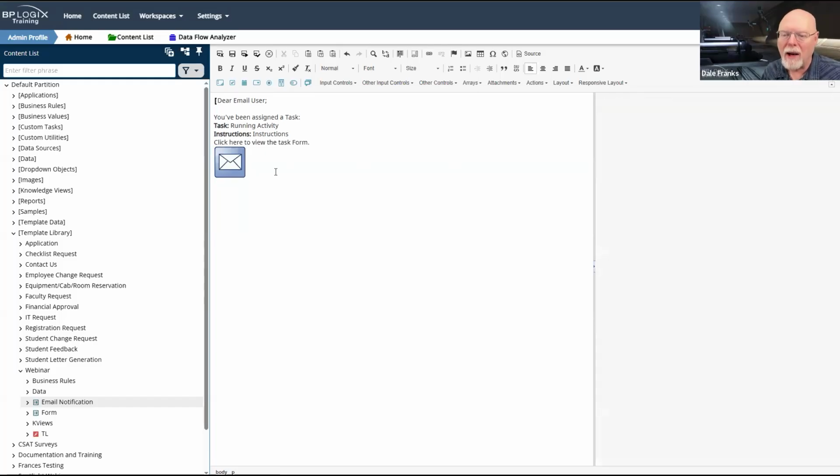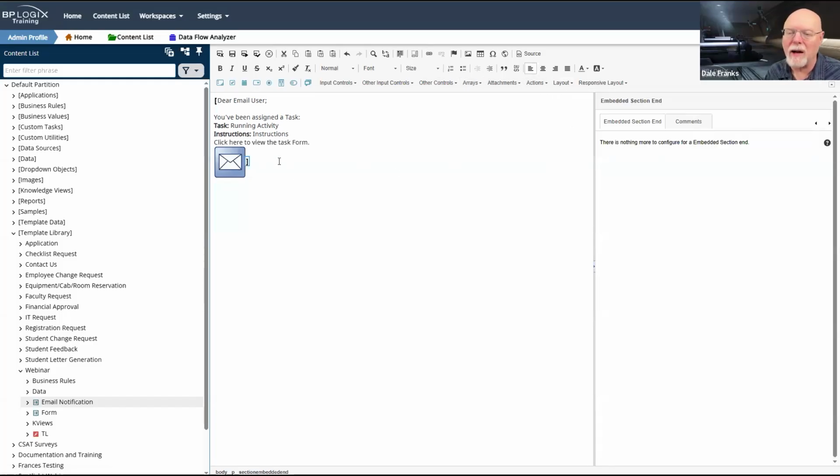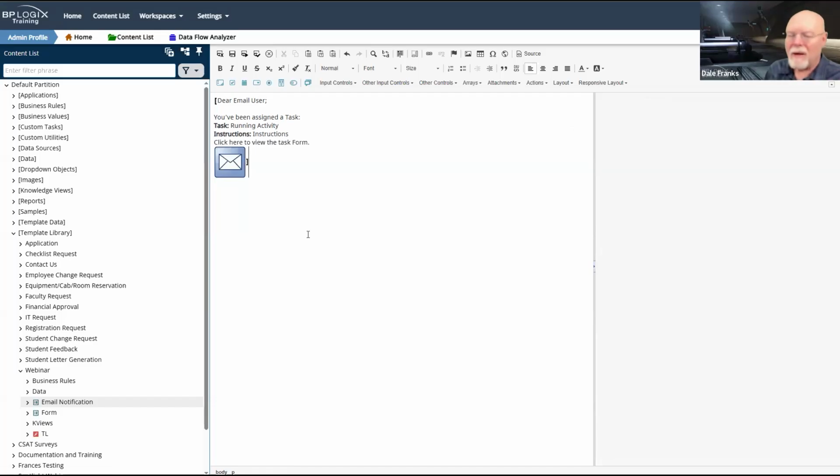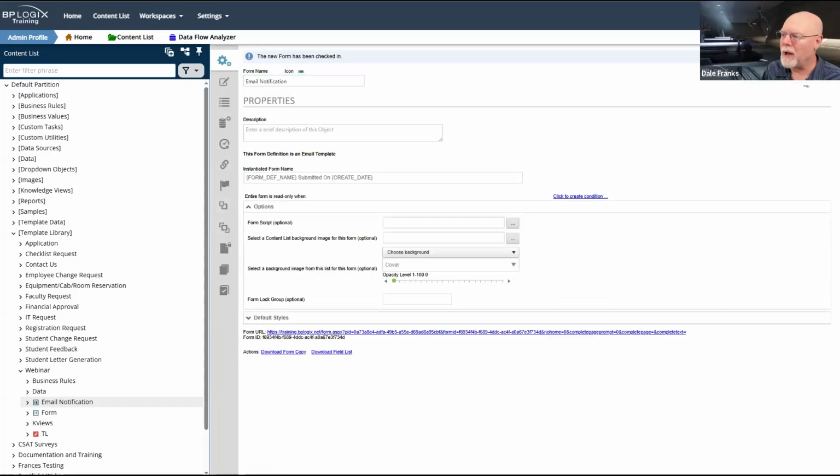And then way down here, right after the email data control, I am going to give my embedded section end right there. So as I need to add new notifications to this email template, I can just start right there where my cursor is now, where it's blinking. I can add a new embedded section control, and I can throw in all the content for any additional notifications. So I'm good to go on my email template. I'm going to go ahead and close and save that. And we'll hit OK here.